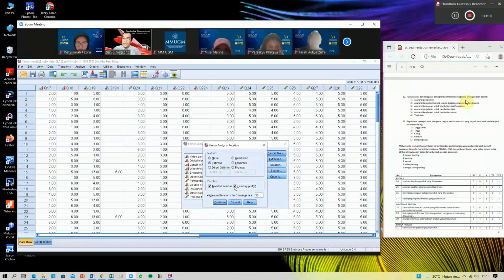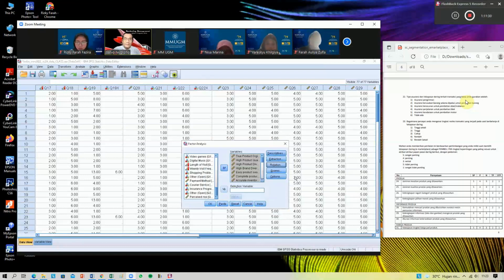So loading plot is the correlation scale between the item and the cluster or the vectors. Okay, and then continue, and then for scores we don't need to change anything, just leave it, ignore it.